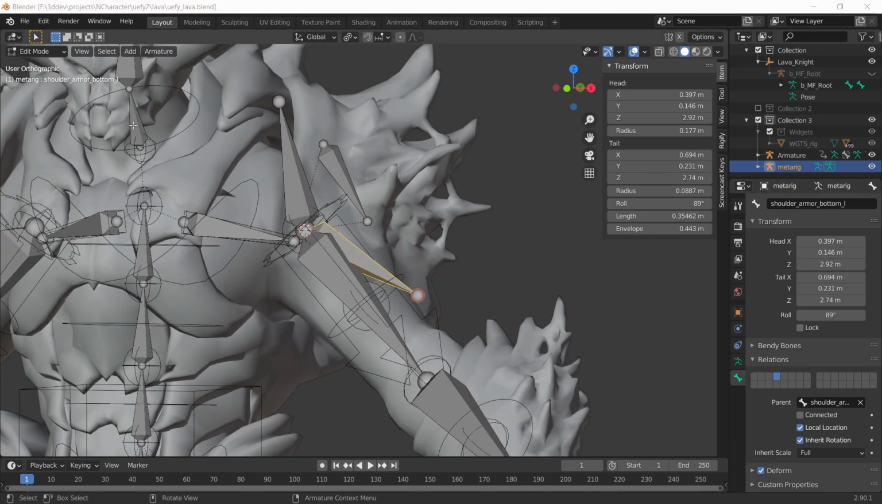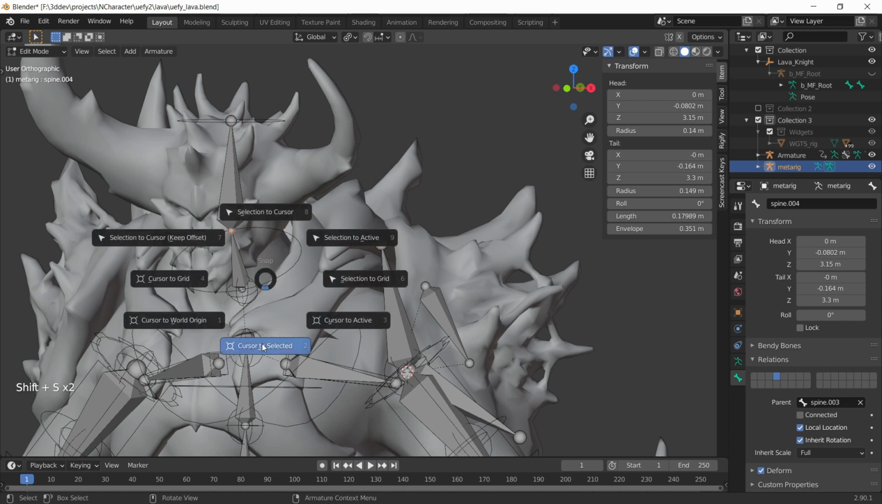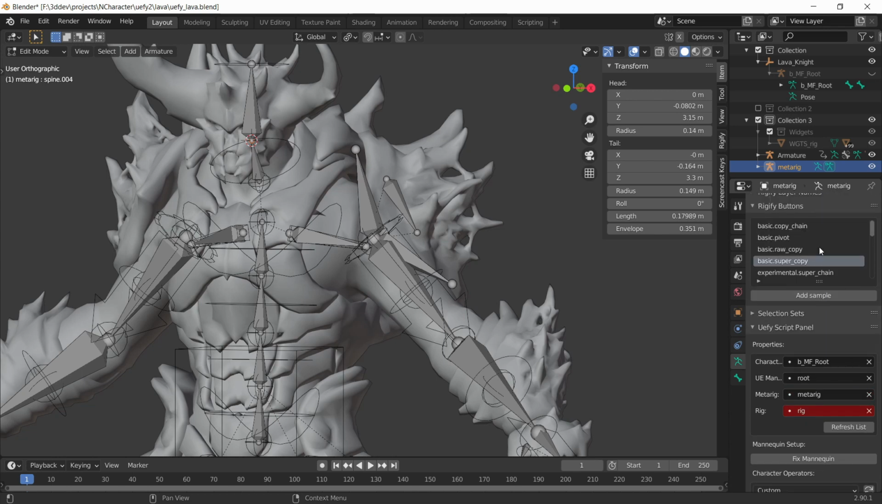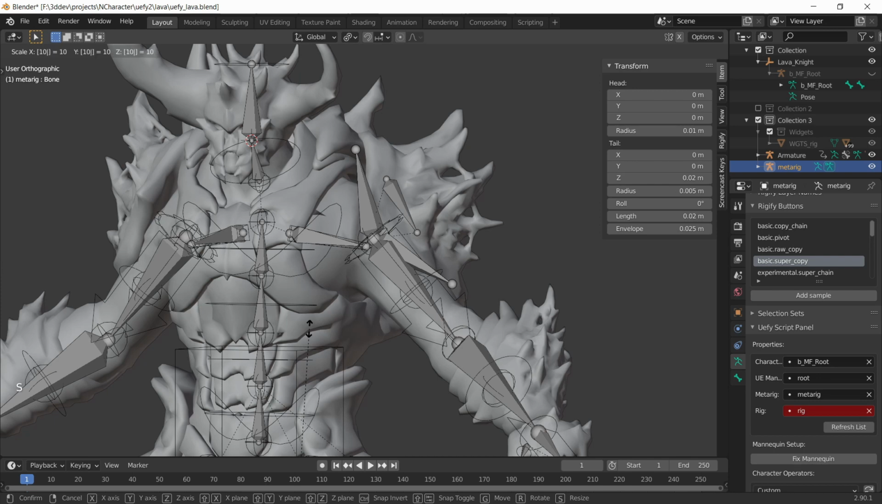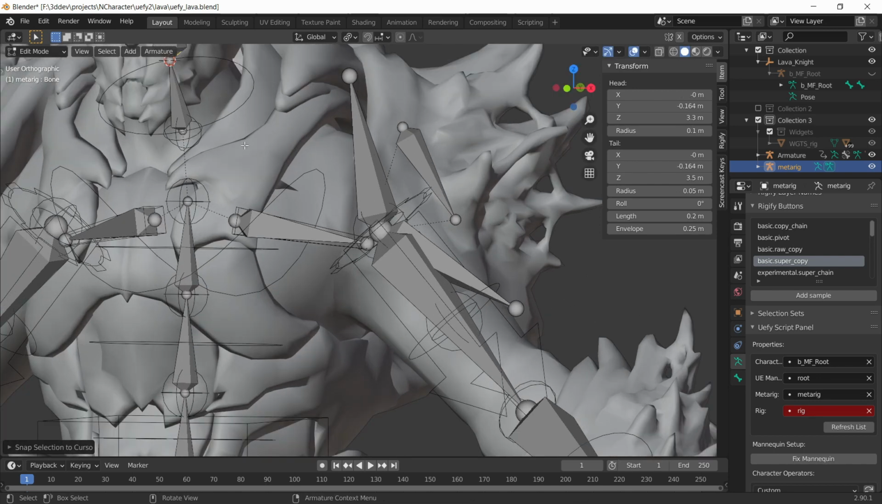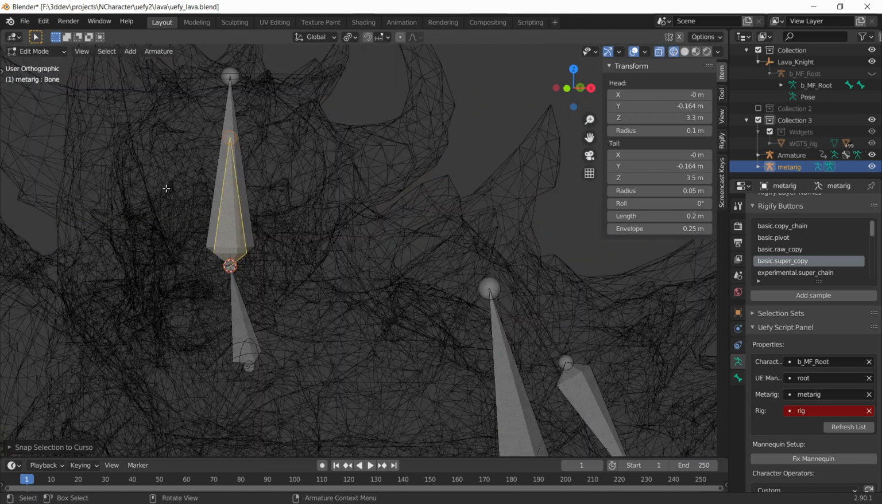Now I'm going to select this part here. That is the base of the head, and then do Shift S, cursor to selected, and then I can add another sample. Same thing, basic super copy. Like I said, this gets used a lot. Scale it up by 100, Shift S, selection to cursor. Right, it will overlap with the previous bone, and then I'm going to call this bone the face,